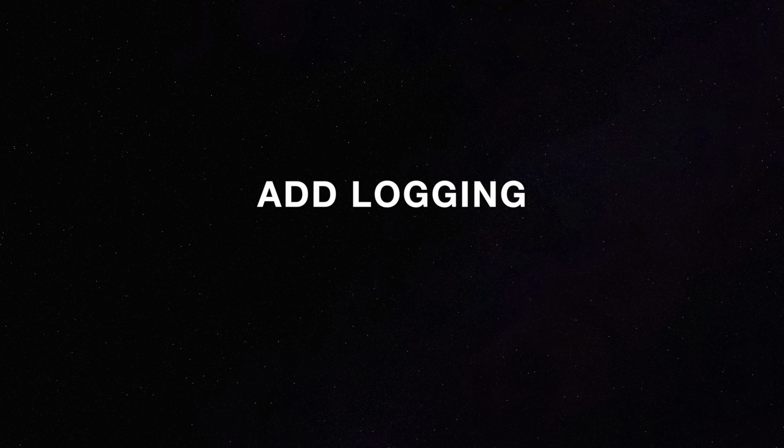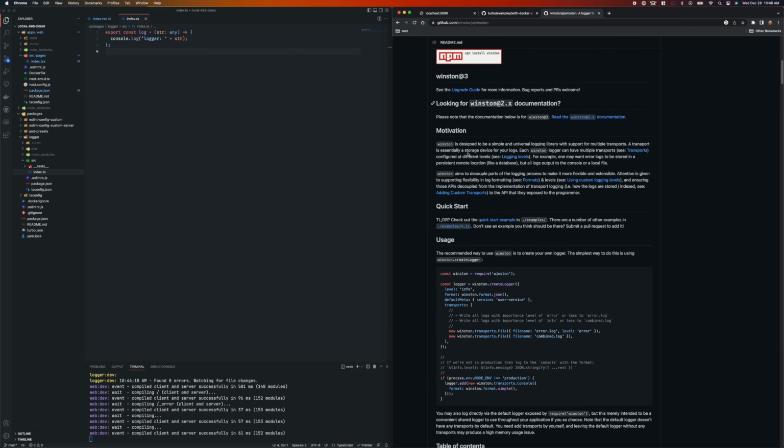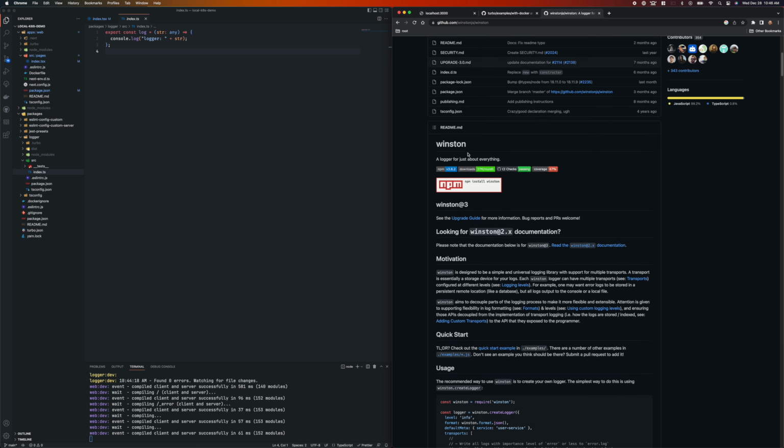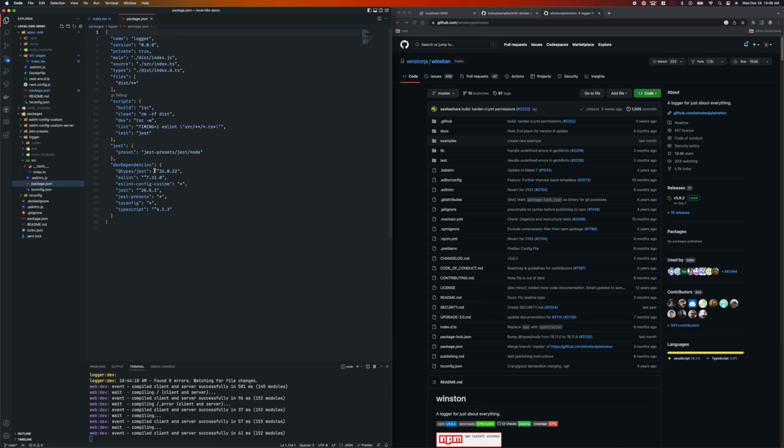There's a logger in here. So we're gonna add a better logger, not just console log. We're gonna throw Winston in. Winston's a pretty standard logging package for Node.js. Maybe one of the more popular ones. I don't know. I've used it in a lot of commercial projects. So we're gonna go in here and kind of show you how to do that in